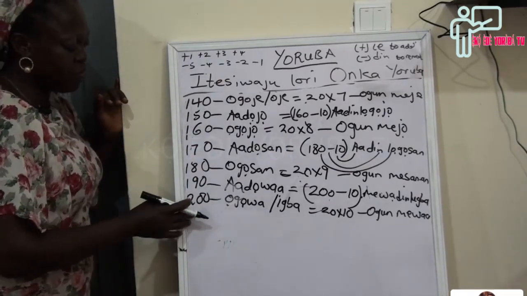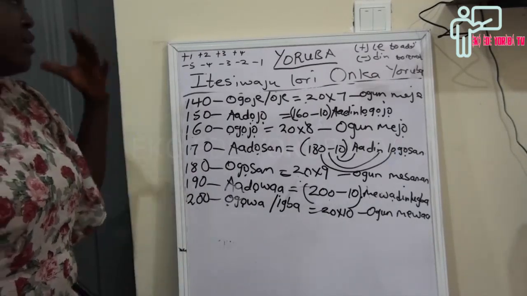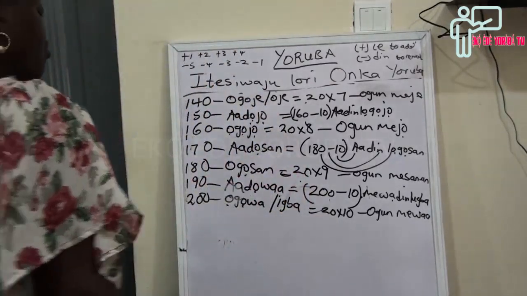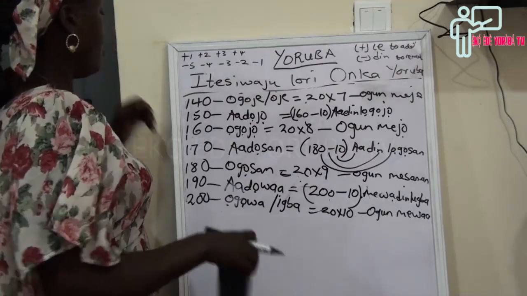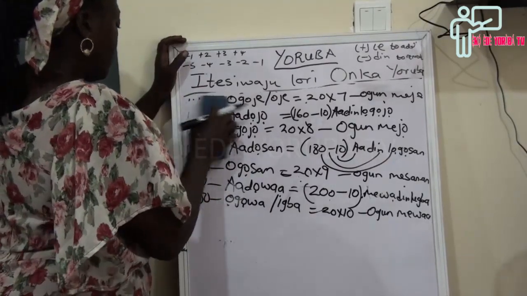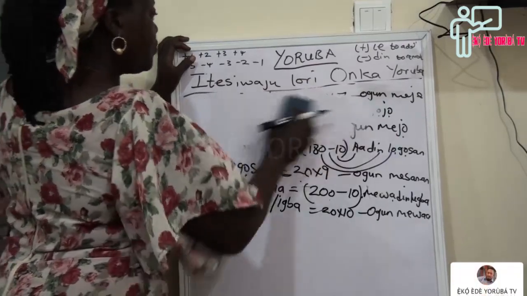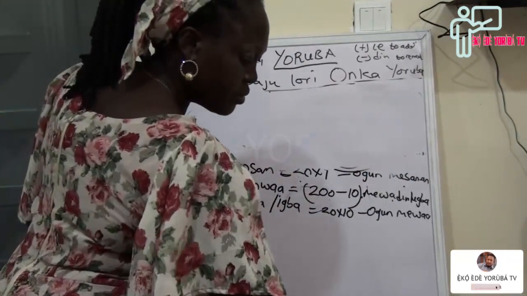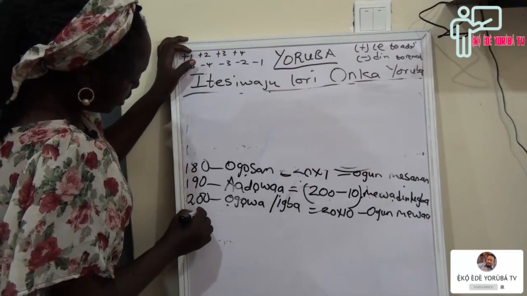So I'm now going for 300, 400, 500, 600, 700, 800, 900, 1,000. That is for the whole numbers. If this one is 200, let's say 300,